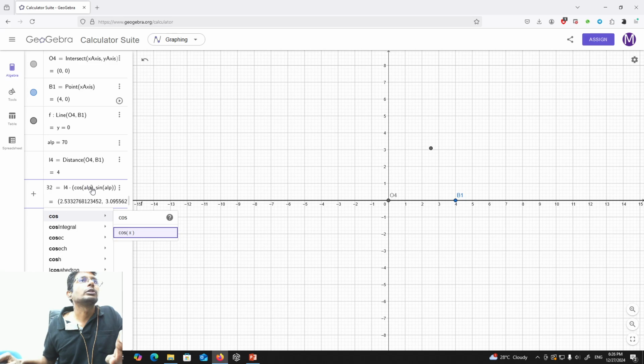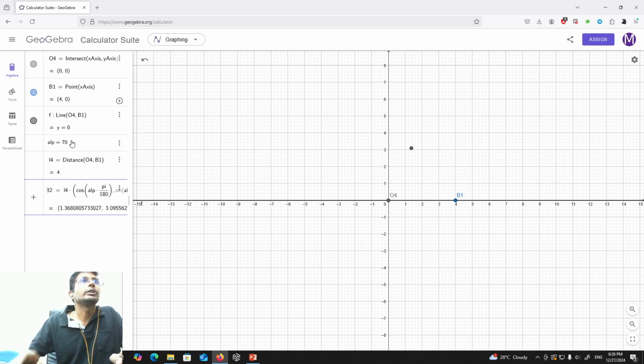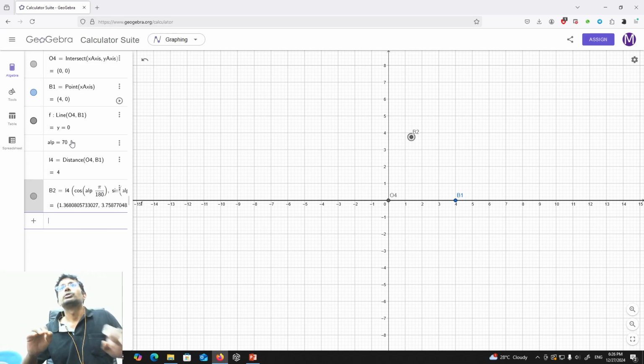Where alpha is in degrees, but I should give it in radians, so into pi divided by 180, and similarly into pi divided by 180. Okay, so now that's my point B2. Okay, and what I'm going to do, I'm going to draw one more line,